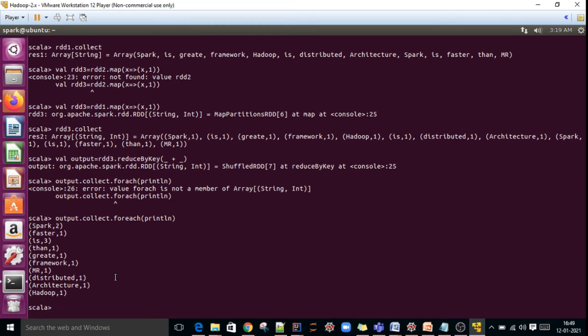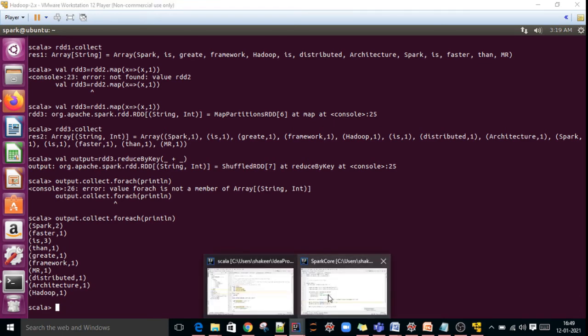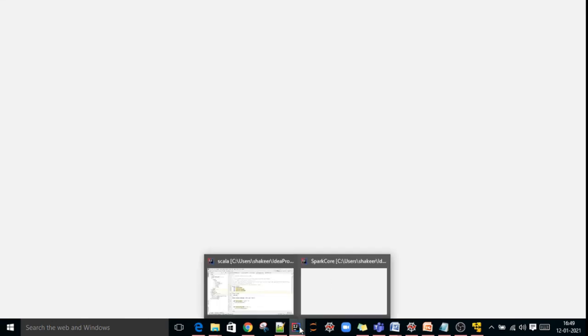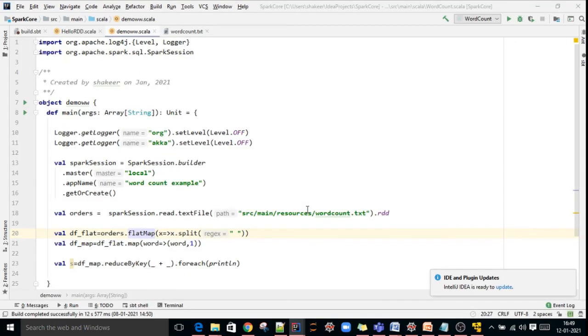In this way, you have to perform step by step. Once everything looks fine, you copy all these commands, go to IntelliJ, prepare a Spark program, build a jar file, and then run.